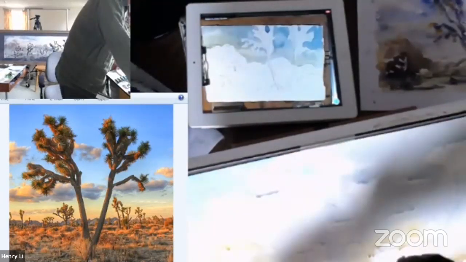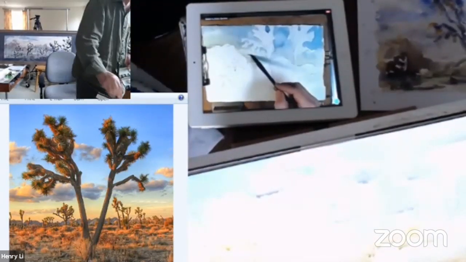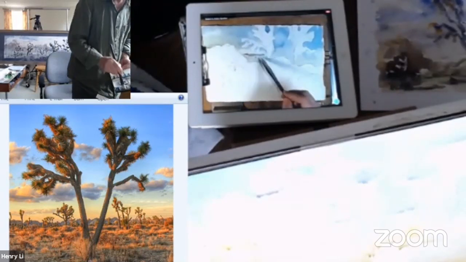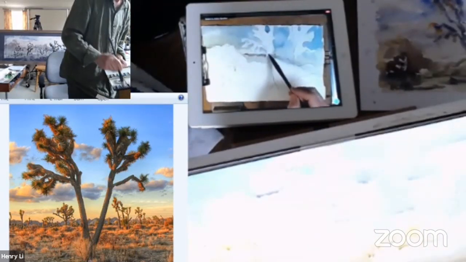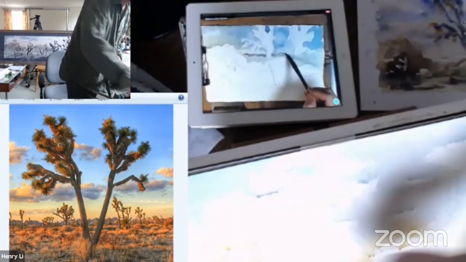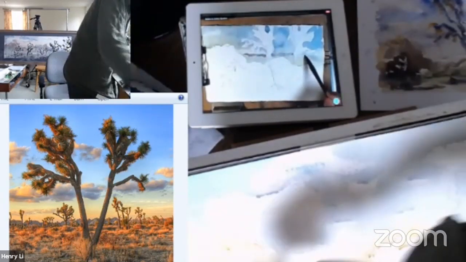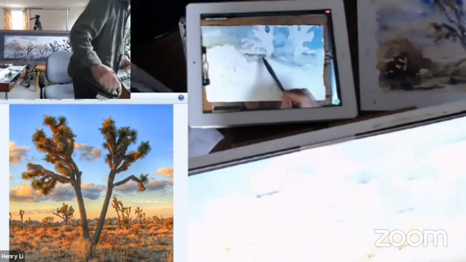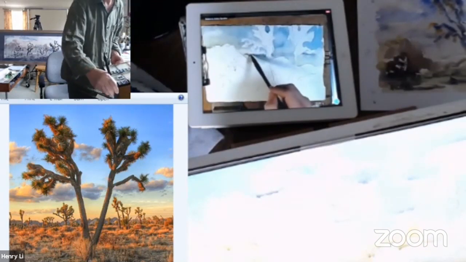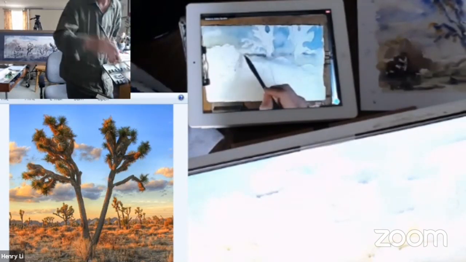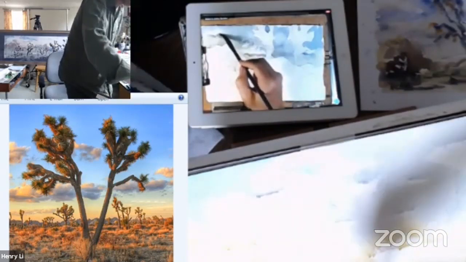I'm going to think about, they're very purple shadows, so I'm going to just throw in a few of those. And I don't mind if it just leaks into the rest of the sky like that right there. It's fine. So where it wasn't as wet, it'll give you more of a hard edge. Where it's really wet, it'll give you a soft edge. And if you like that,